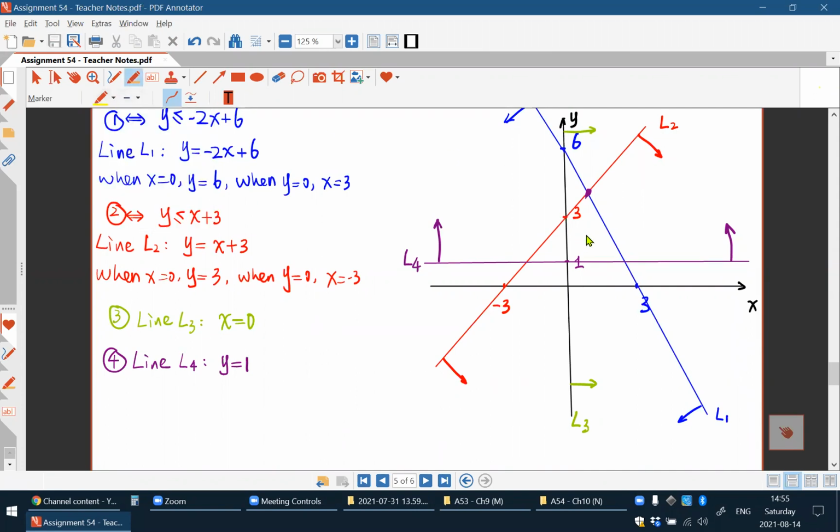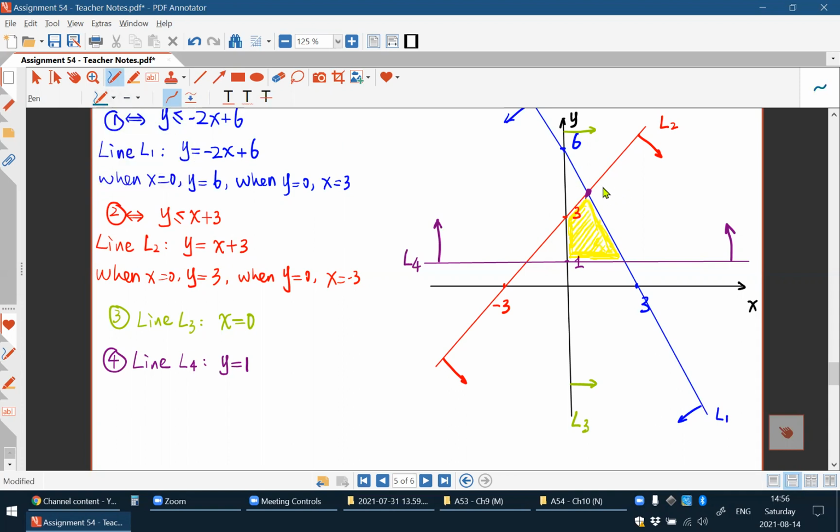First of all, it must be under 2. Second, it must be to the right of the y-axis. Third, it must be above line 4, right? And last, it must be also below L1, which is a blue line. So basically, this is our shaded region. We only need to consider the target function in this bounded region and calculate different values at the different vertices, which means